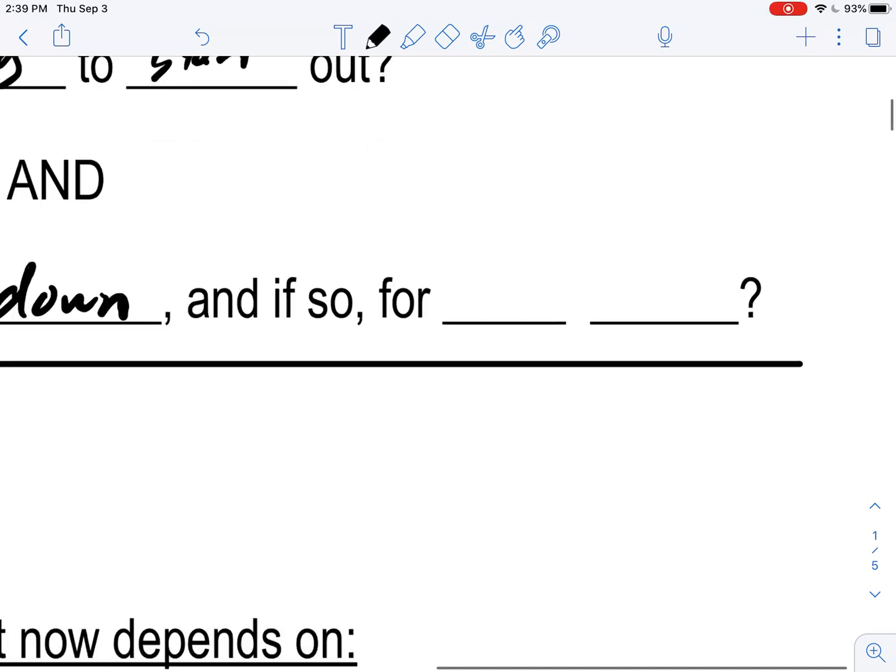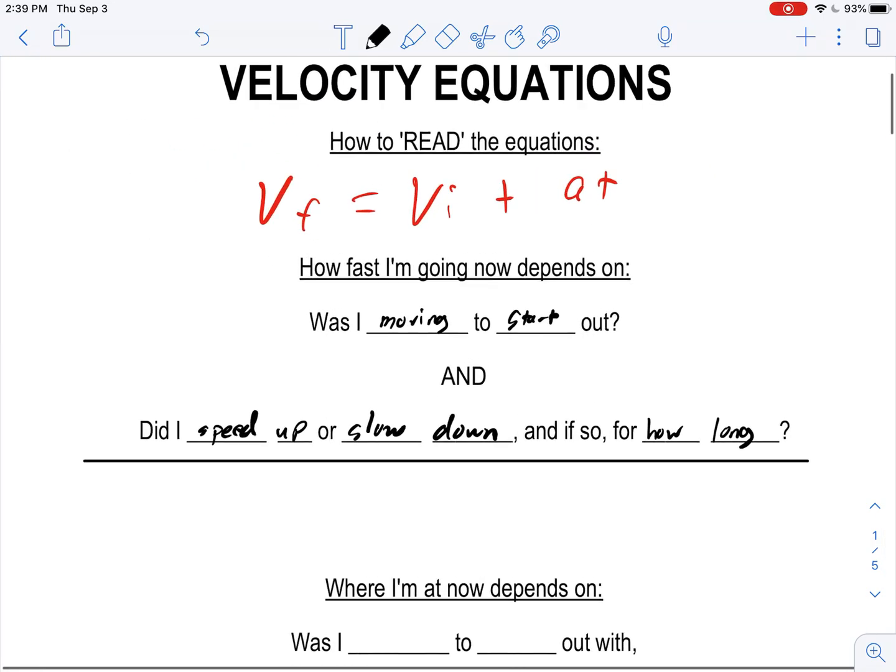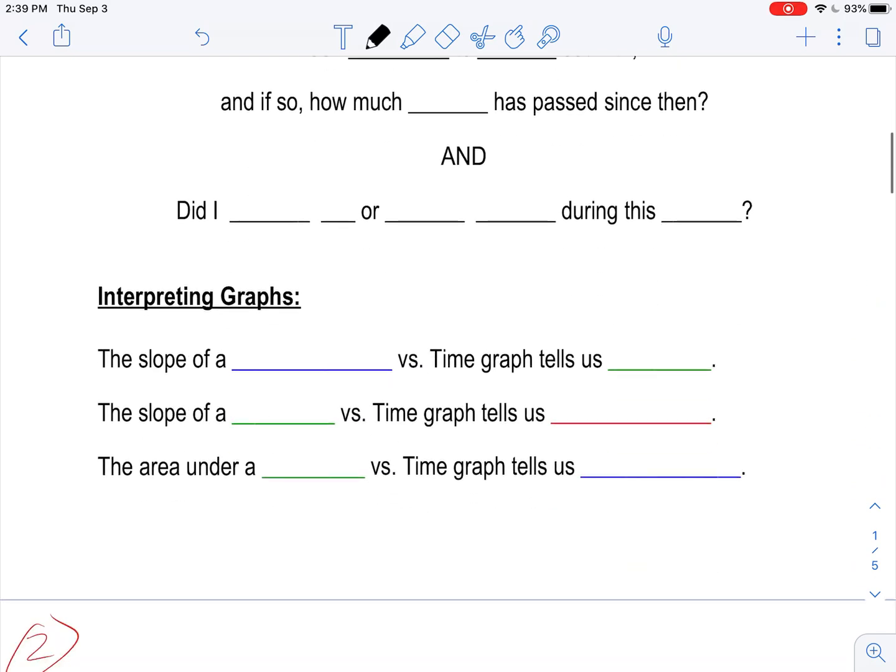And if so, for how long? In other words, what's the time interval that I'm interested in? Okay, so I'm taking Vf equals Vi plus At and breaking it down conceptually into its different components. All right. Now I'm going to go back